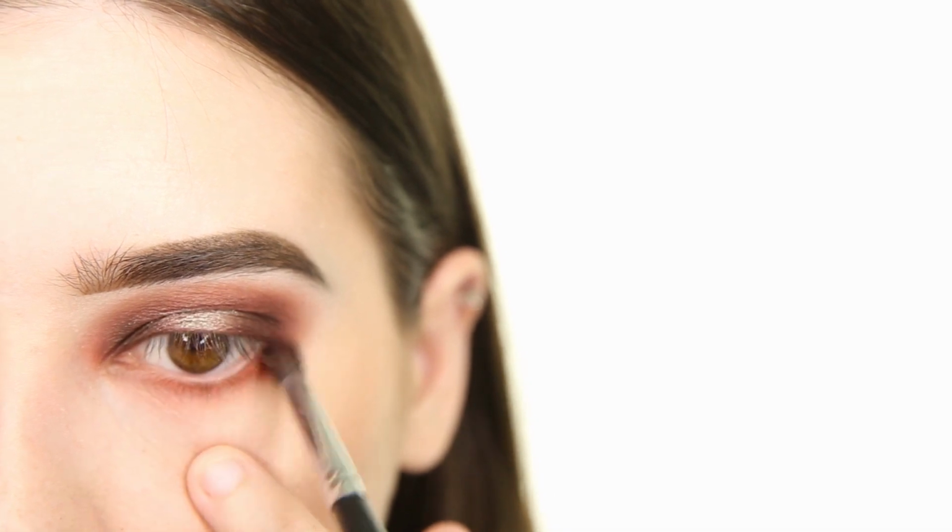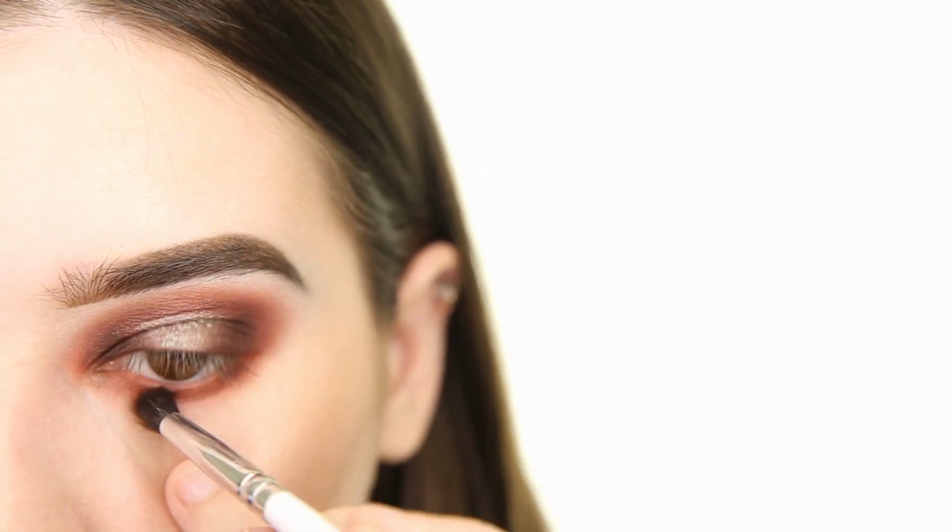Now to blend the sides of that shimmer shade with the dark brown, I'm applying the shade called Hey Girl Hey in between the shimmery shade and the dark brown. Next, I'm applying the 2 darkest shades we've used so far to the lower lash line. So I'm first applying the shade called Hey Girl Hey, and then I'm switching brushes and applying the shade called